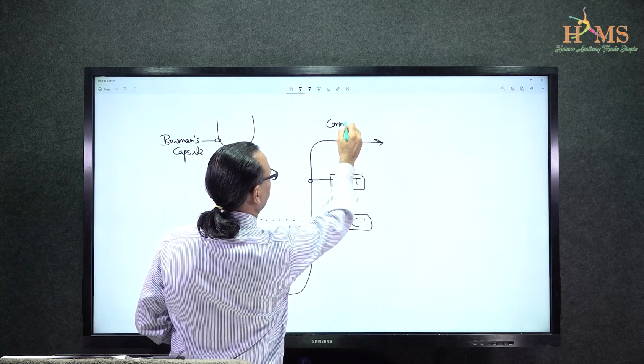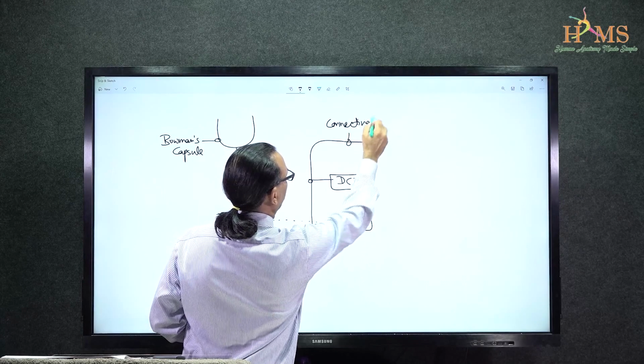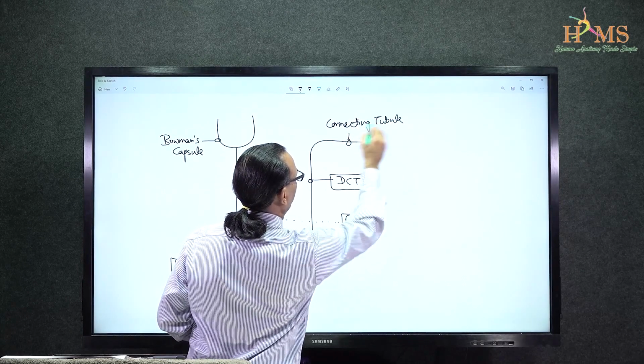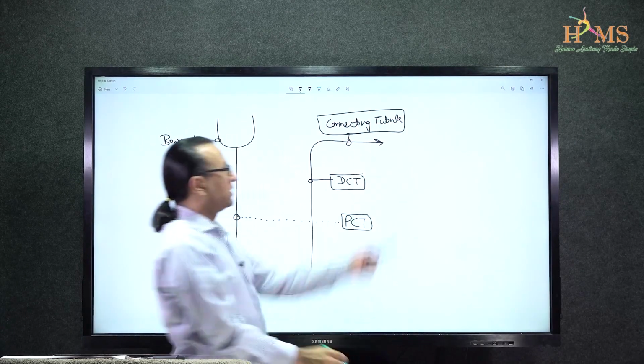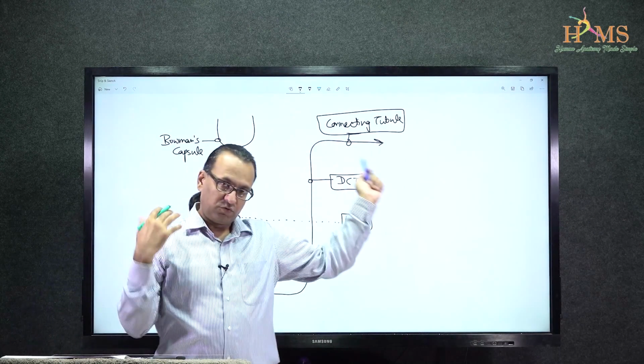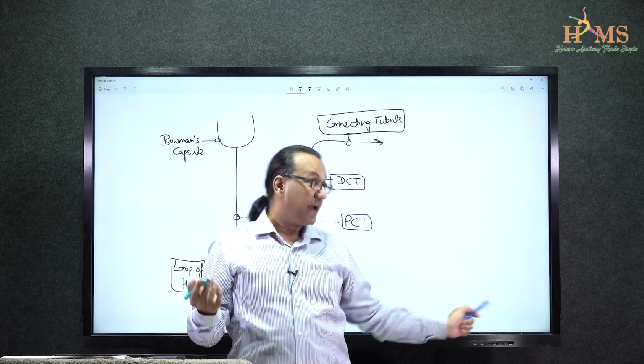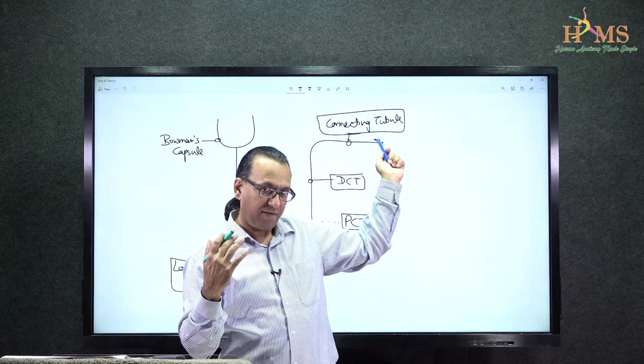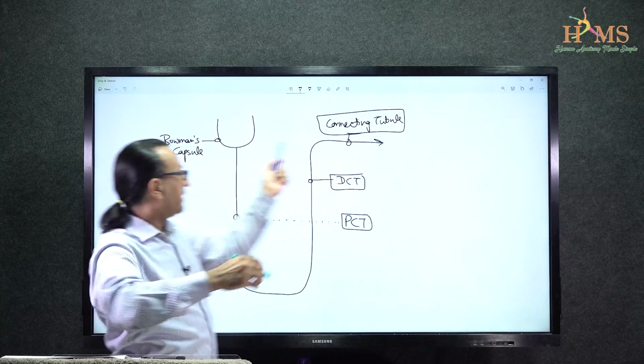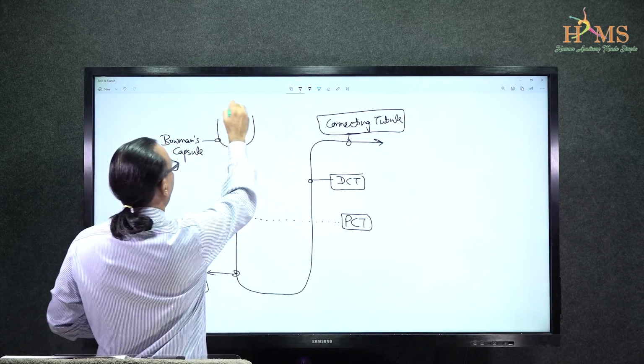As I said, the connecting tubule is a part of the nephron, which will be connecting the excretory portion with the collecting portion. Embryologically, it would have come from the metanephric blastema, and metanephric blastema will also form this tuft